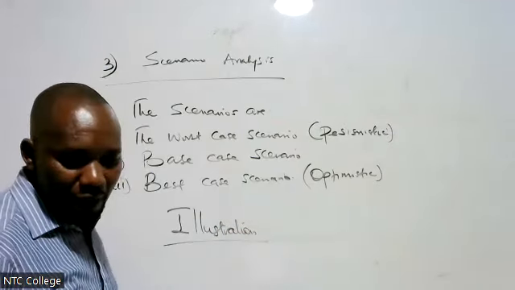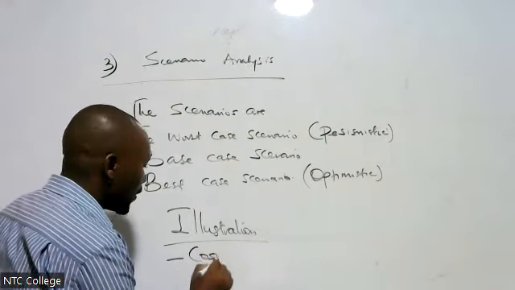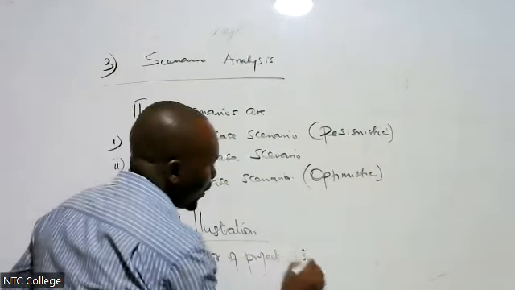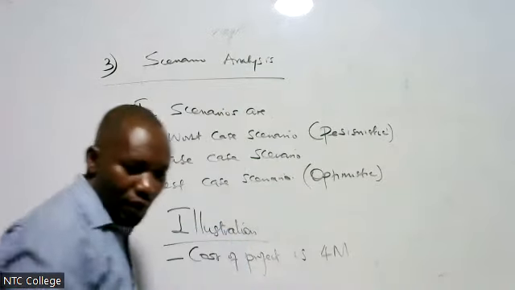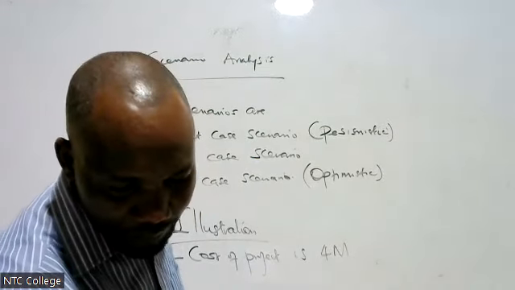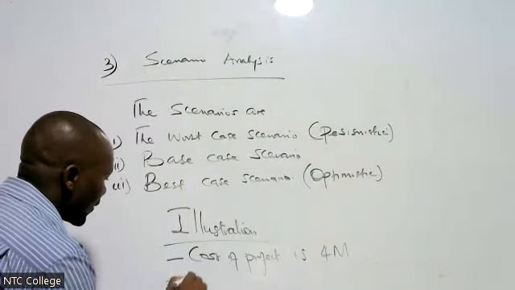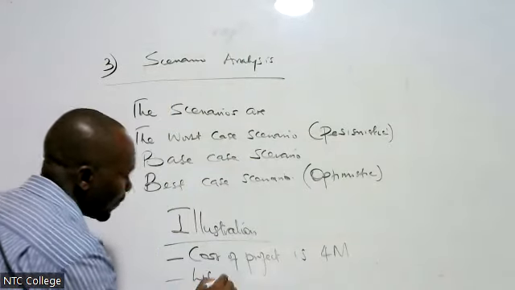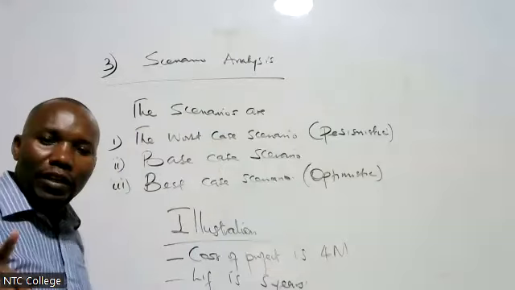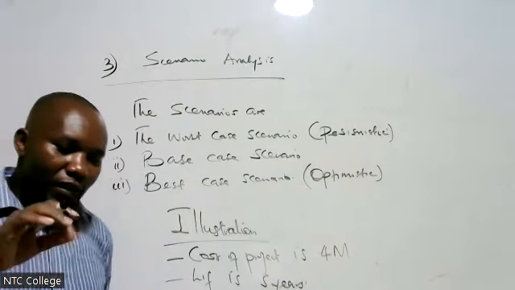And then you say the cost of project is 4 million. Assume that you're given the following information. Cost of project is 4 million. The life of the project is 5 years. What we are basically doing, for those who are joining today, Nelson, is this subtopic